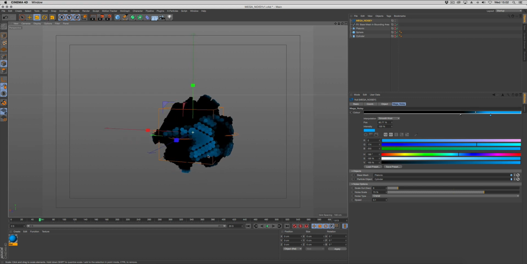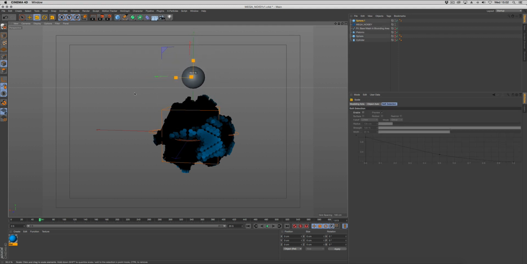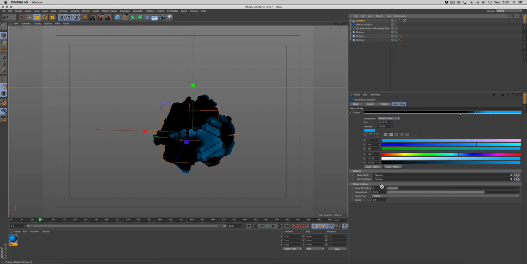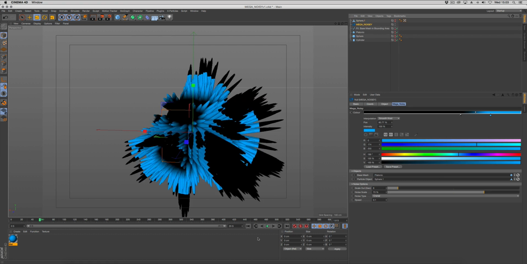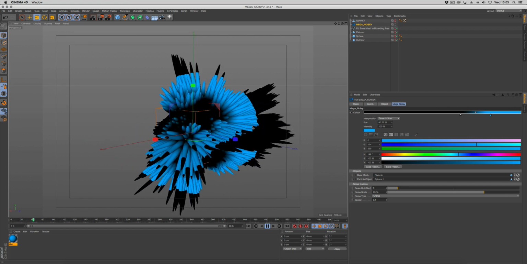And that can be any object you want, and you can also change the particle object. So let's say you want that to be spheres or something else. Create a sphere. What you have to do, or remember to do, is make sure that the object that's going to be in has to be flat. So we're going to scale that down on the y-axis. Hide it now and drop that into the particle object, and you can see it's creating a completely new look, and the